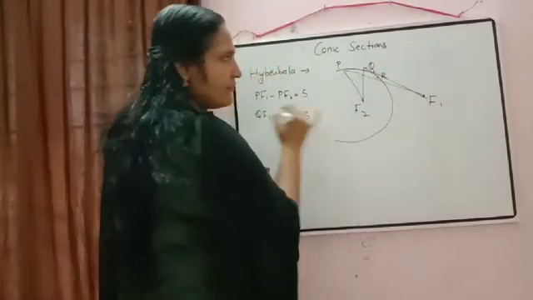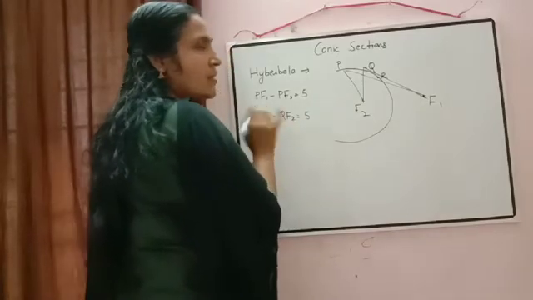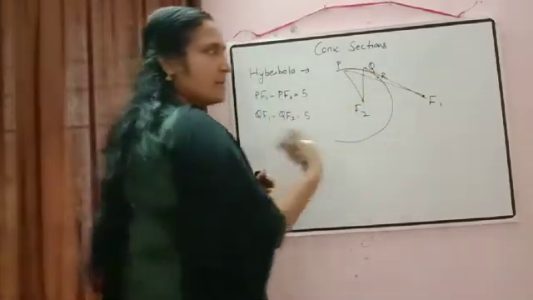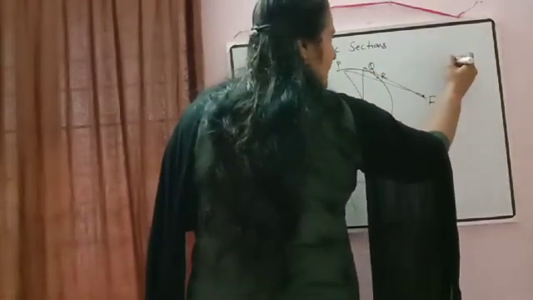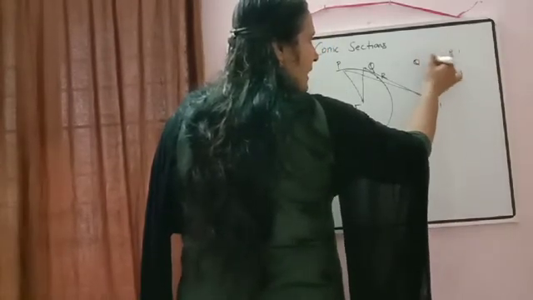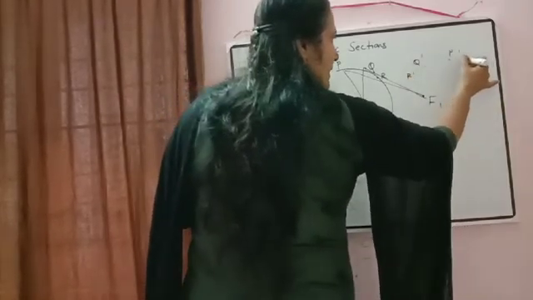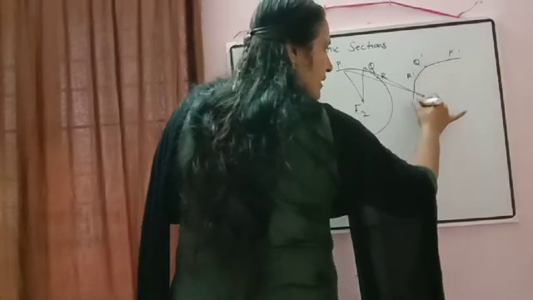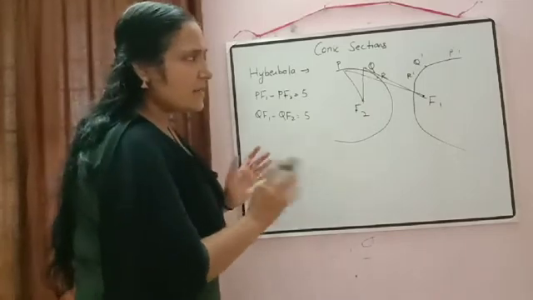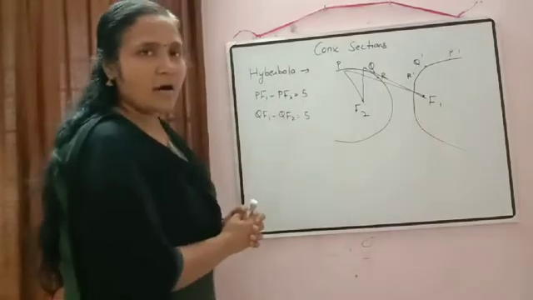The difference of whose distances from two fixed points is always the same, constant. In the same way as we have taken points on this side, the points can be on this side also. Suppose I have taken Q dash, then a P dash, and then R dash also will come. So we will get the diagram of hyperbola somewhere in this way, correct? So this is a combination of two parabolas. Okay, so this will be the diagram of hyperbola.